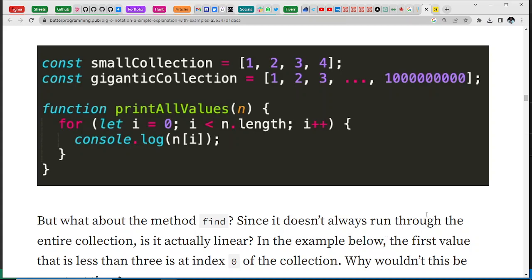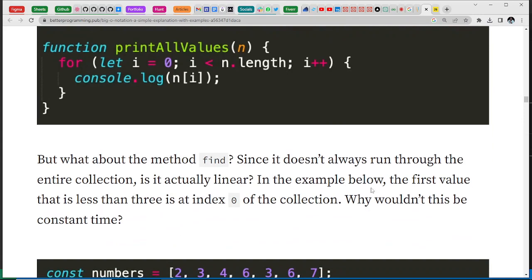But what about the method find? Since it doesn't always run through the entire collection, is it actually linear? In the example below, the first value that is